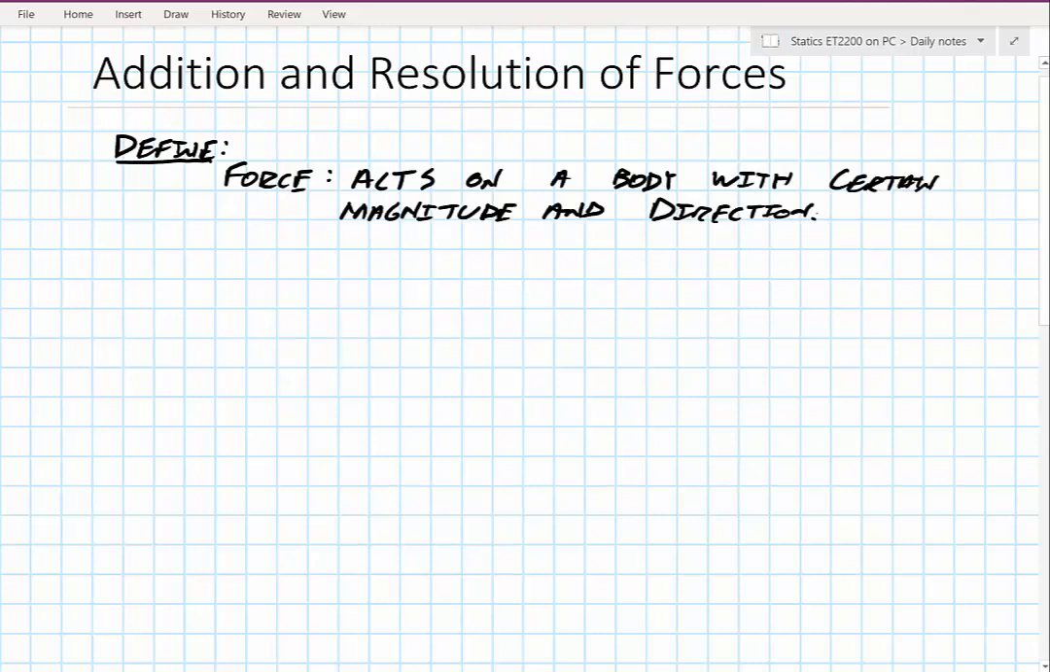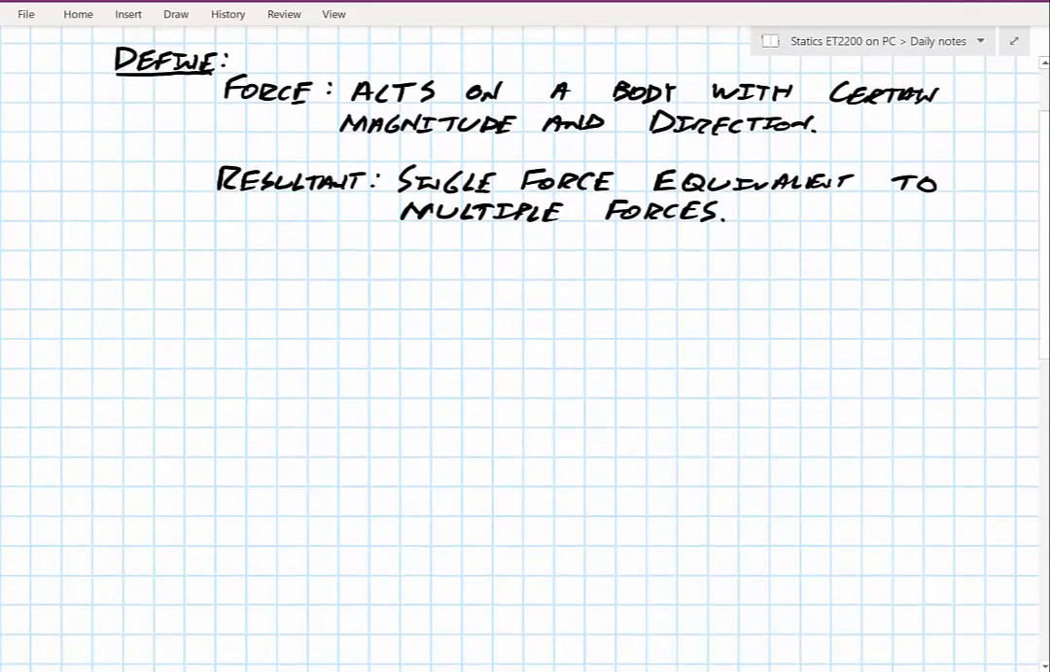Okay, and our second item that we need to define is a resultant force. If we're looking at a resultant force, basically it's the result of adding other forces together, where you end up with some kind of single force, and that single force must be equivalent to whatever the other forces you're adding together. So in our simplest form, if I were to look at some kind of box sitting on the ground,